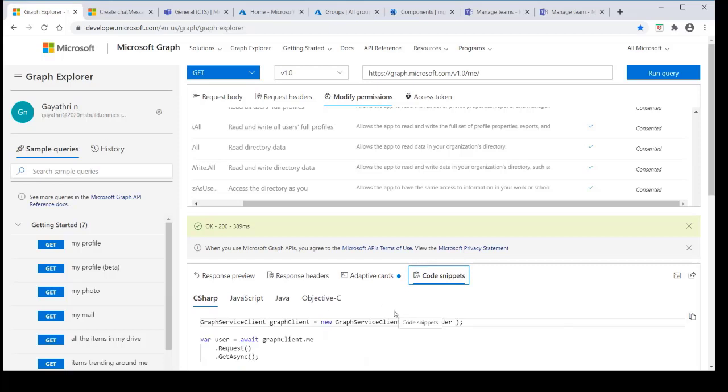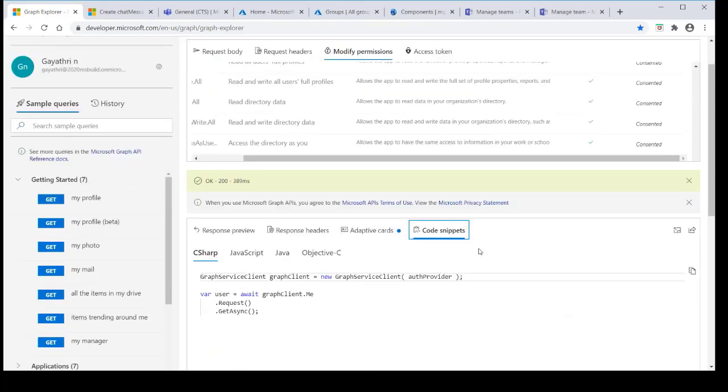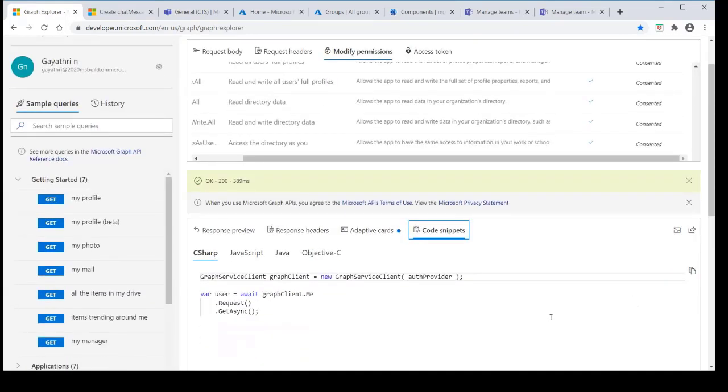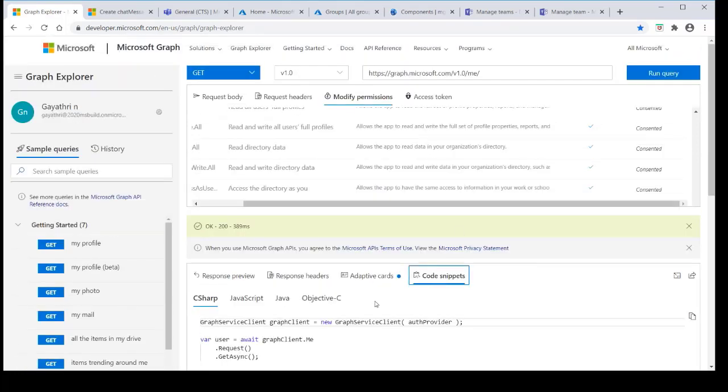And we have code snippets. With this feature, we don't have to go and search for the Microsoft article. Okay, I'm going to use this Graph API. What is the code I need to use? Here itself, we can find it, and we can easily implement this endpoint in our application by using different programming languages. If you are comfortable with C#, then go ahead with it. If you like scripting, then go ahead with JavaScript. It purely depends on your wish.